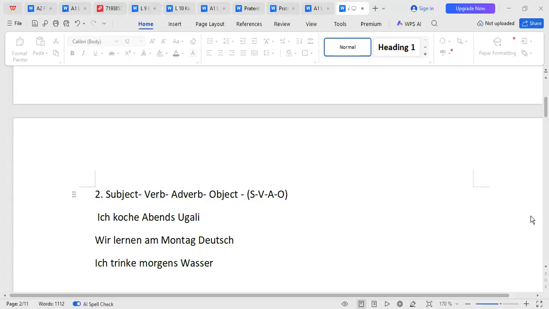Let me see somebody trying again. Just take the verb and just put it the way it should be. Think of a time. Anybody? Benjamin? Try to construct a sentence. If you can construct a sentence, if you get to A2, it will be very, very easy for you. Ich lerne heute Deutsch. Ja, richtig. Heute means today. Sehr gut. Ich lerne heute Deutsch. Very good.